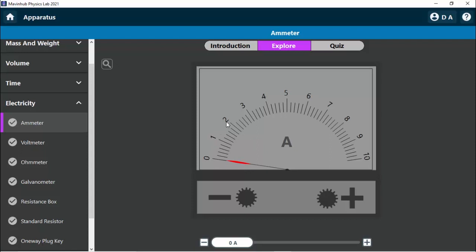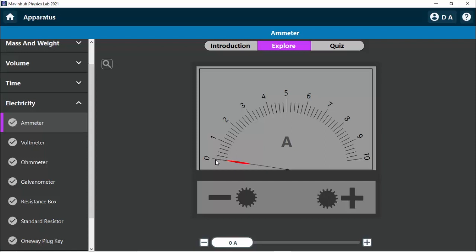So you look at the main reading. The main reading has 0, 1, 2, 3 up to 10. Now, for each of them, look at the divisions. The divisions between 0 and 1, how many divisions do you have? You have 1, 2, 3, 4, 5. So you have 5 divisions, which means each of these are